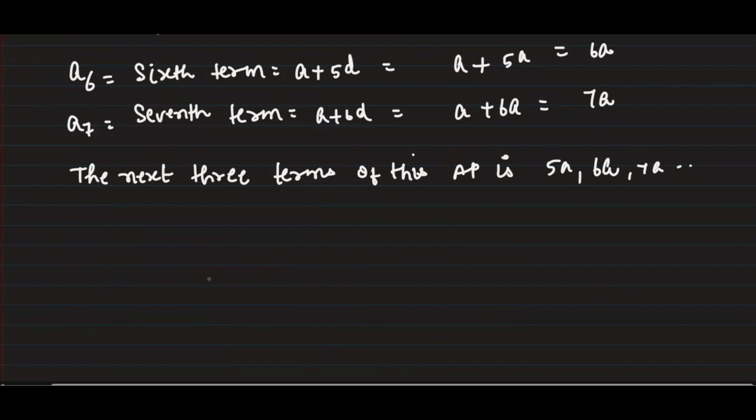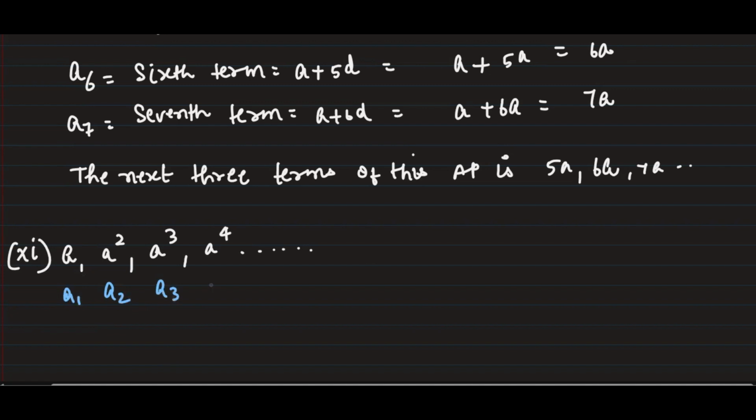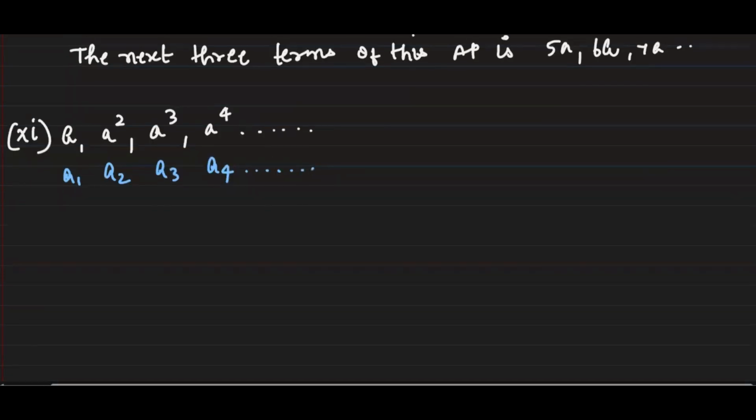Fine? Clear now? Moving on to the next question. Question number 10 is done. We'll go to question number 11 now. Question number 11 is a square, then a cube, then a to the power 4, and so on. So basically, let me say this one is the first term, second term, third term, fourth term, and so on. To find D,